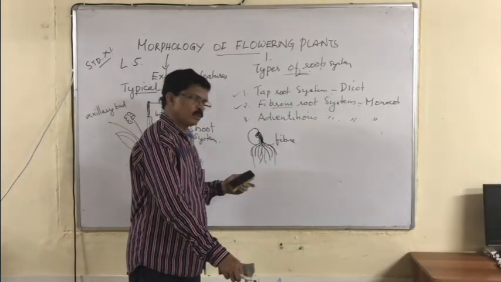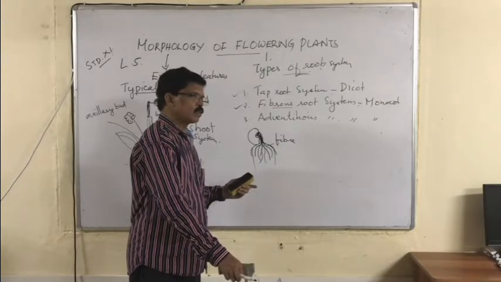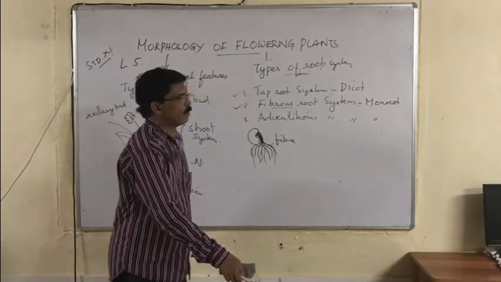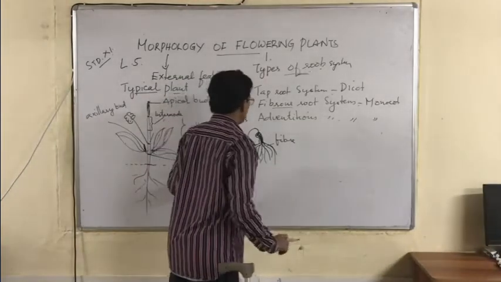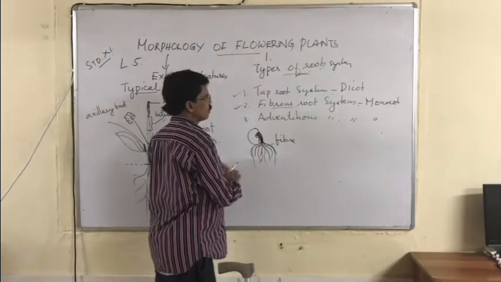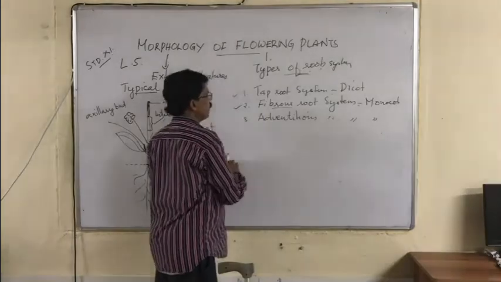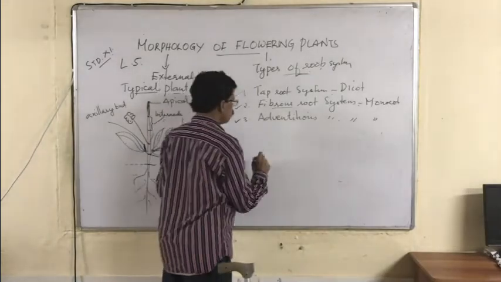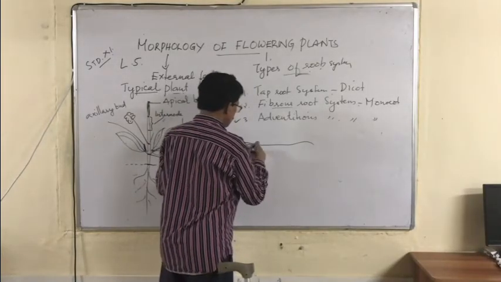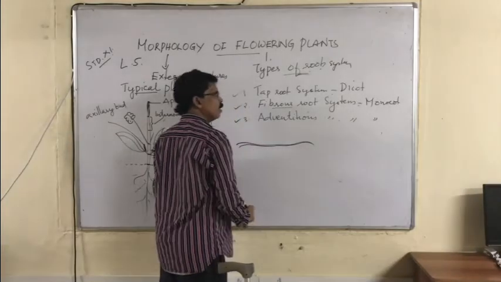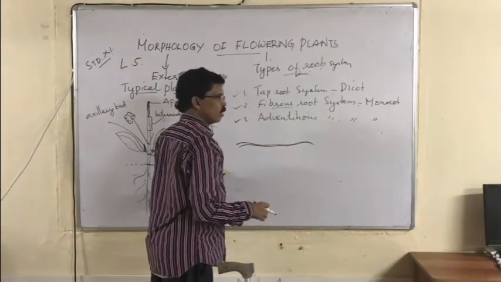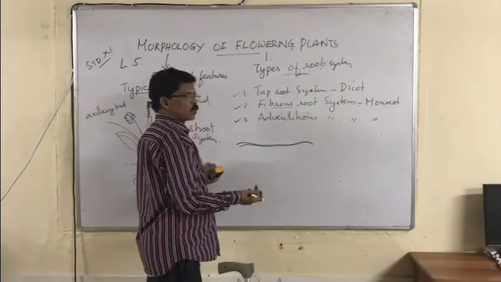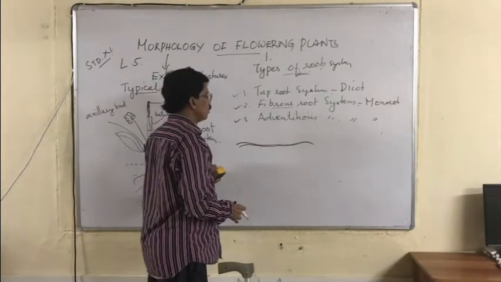The radicle grows in the root, but it stops its growth. Now the root tip divides into many branches and many hair-like structures. That hair-like structure is called fibrous roots. Okay. Now adventitious roots, both in monocot and dicot, are roots formed from any part of the stem other than the radicle. So the root formed from any part of the stem other than the radicle is called the adventitious root system.